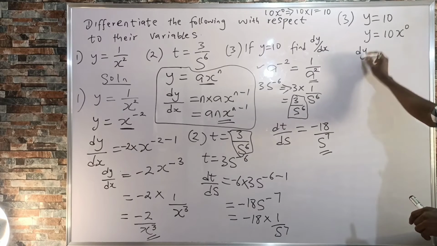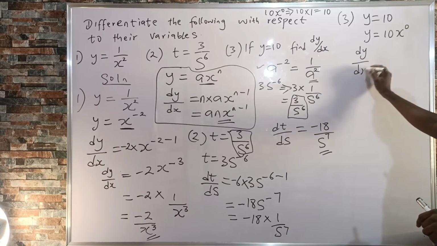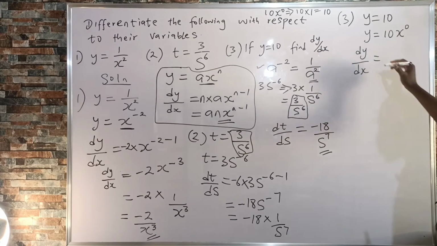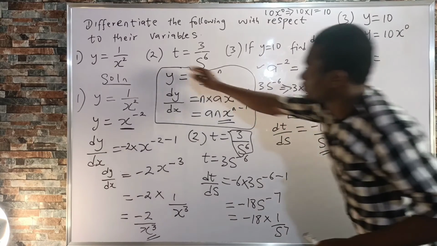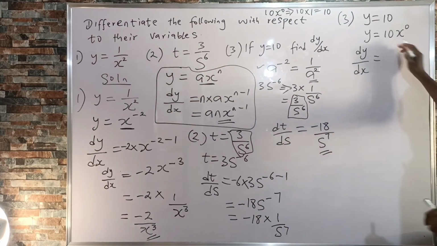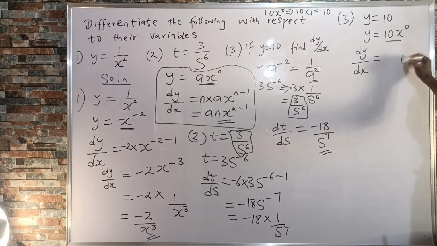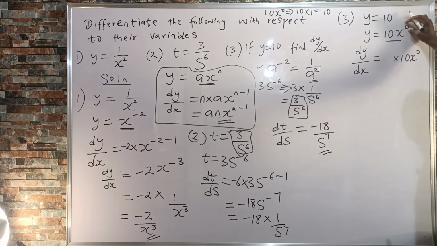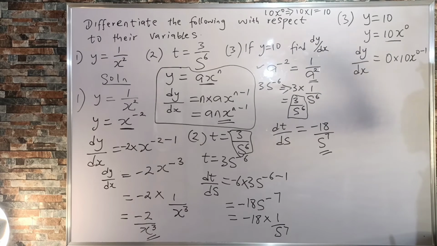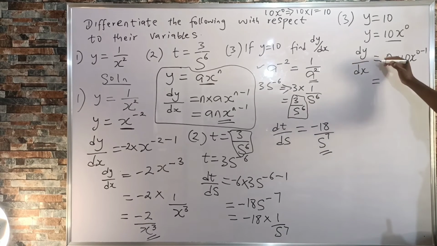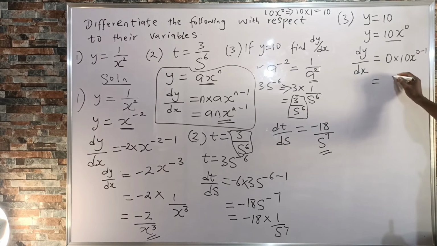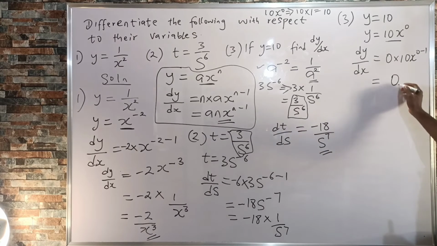Then differentiating y with respect to x is equal to, using this same formula we have here, the term we have here, which is 10x raised to the power of 0, we shall multiply it by the original power of 0. Then we shall subtract 1 from the power. Without taking much time, 0 multiplied by everything we have here is still 0. So 0 is the answer. So take note